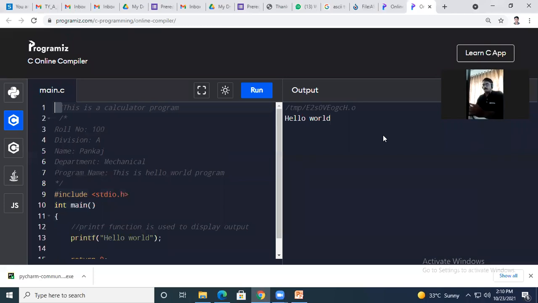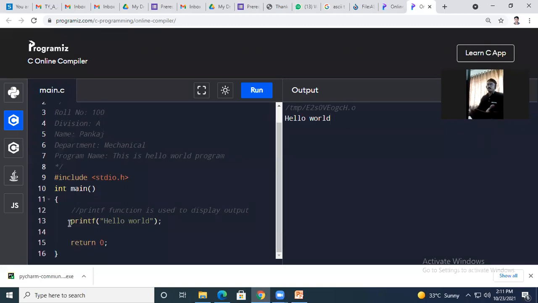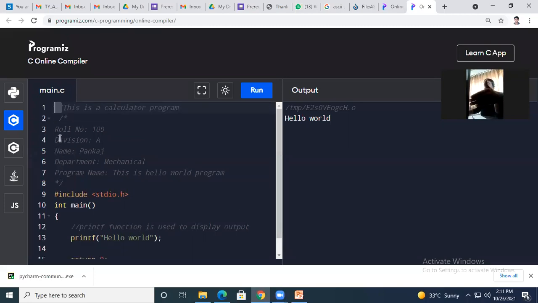Okay, now have you got why to use comments? Yes, sir. Okay. And what are its types? Single line comment and multi-line comment. Just now I discussed with you, if there is only one line, it is always good to have a single line comment. But if you wish to have a descriptive part, like here I have roll number, then division, name, department, program name. If I use some other specific function here in the program and I need to mention it, it will increase the number of lines and it is not good.